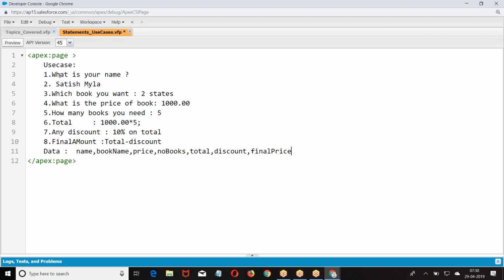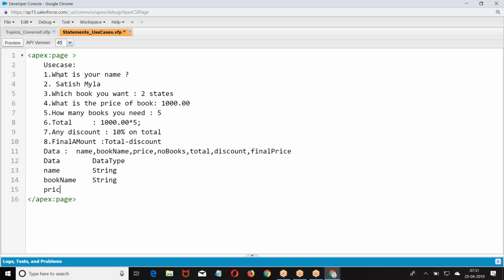So in this requirement, what is the data it is using, or what is the data we are supposed to provide? In this data type, now name. What is the data type of it? I have taken Satish Mala, so it's going to be string. I took book name, string.